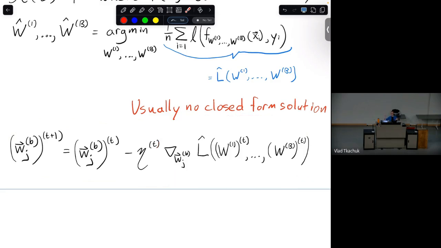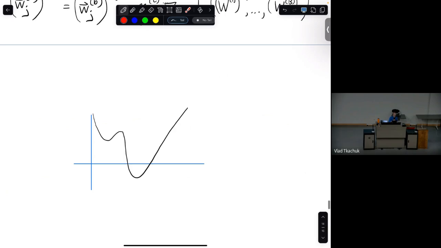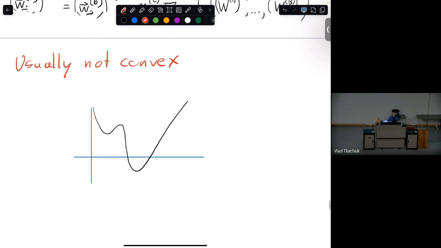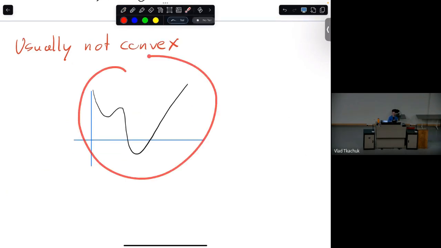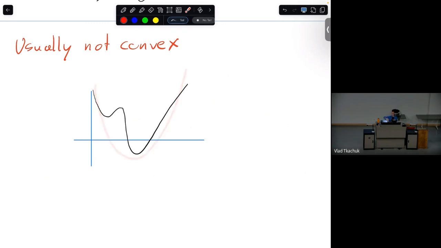But similar to softmax, we're doing it for every single weight vector. So the bth weight vector and the jth index in there. So that's what you would do. And the other thing to note is that it actually turns out that usually things are not convex. Okay, and what that means is if you were to draw your estimated loss in one dimension, you don't have a smooth looking, convex, bowl shaped thing, but you have a thing with multiple minimums. And so neural networks will usually find these local minimums.